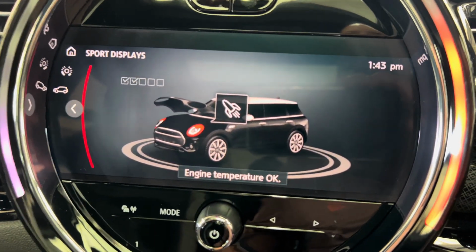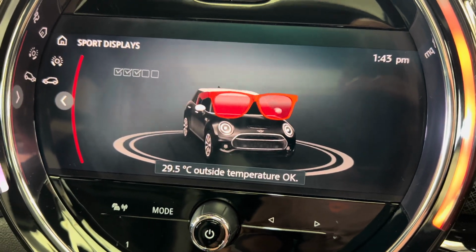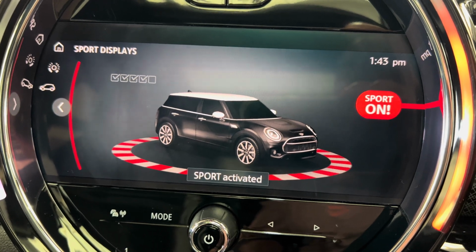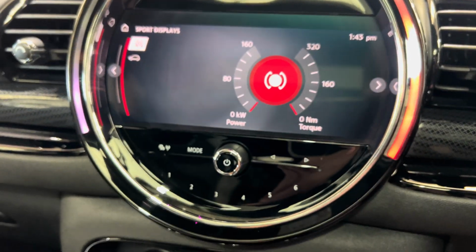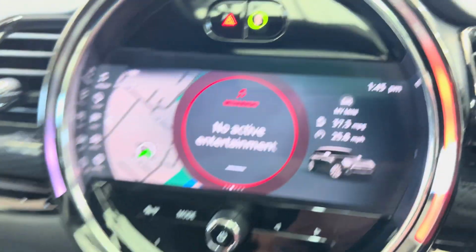This is quite cute actually, if you flick through these. Outside temperature, sport is now activated, be mine. There you go. So if we come out of there, using the wheel down here to turn, you can